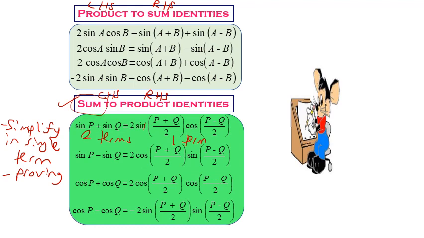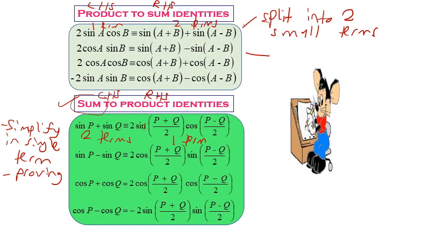Okay, so the other one, which is the product to sum, as you can see, the left hand side is product and the right hand side is sum, which is the product will have only one term and the right hand side will have two terms. So in other words, we want to split into two small terms. So what's the usage for split into two small terms? Basically, we are using this for integration,